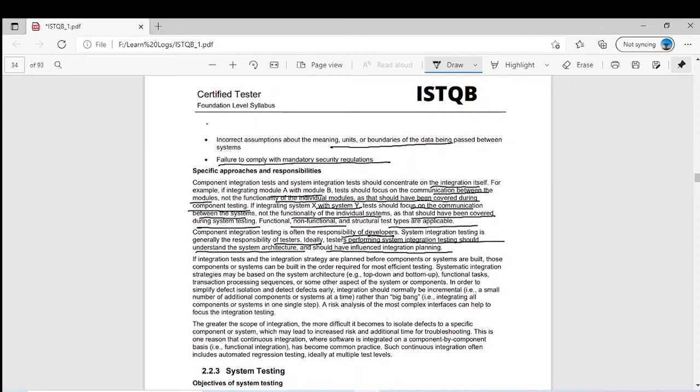But for system integration testing, the very important thing is that you should have a final production or target environment as you will have in real time. For example, if you are developing an app for Android, then you should have an Android phone itself, and you should test your complete system on the Android level, on the Android phone itself. So, if integration tests and the integration strategy are planned before components or systems are built, those components or systems can